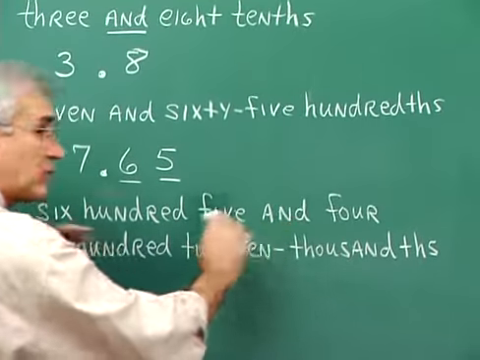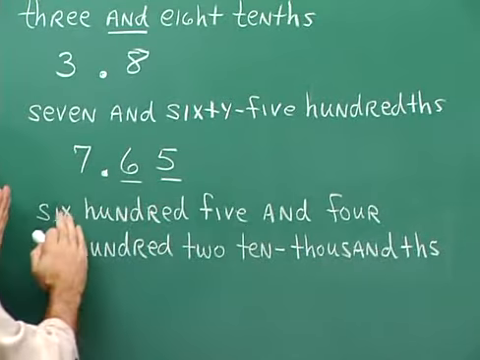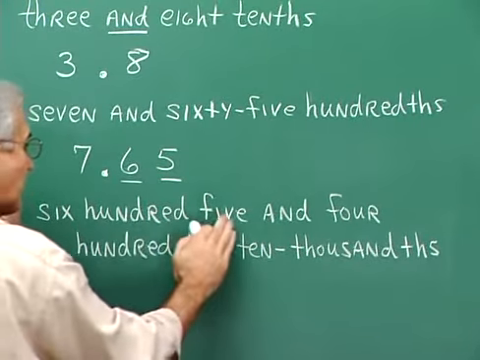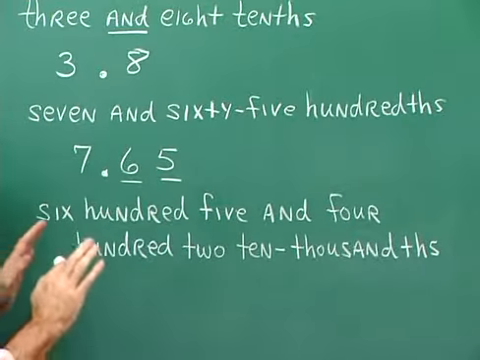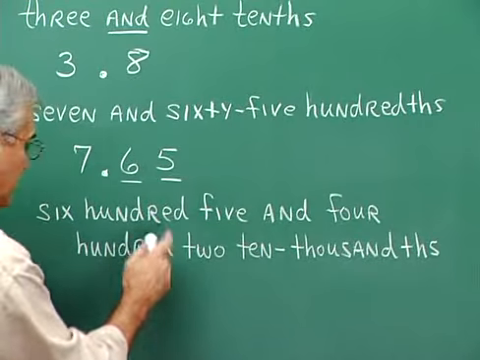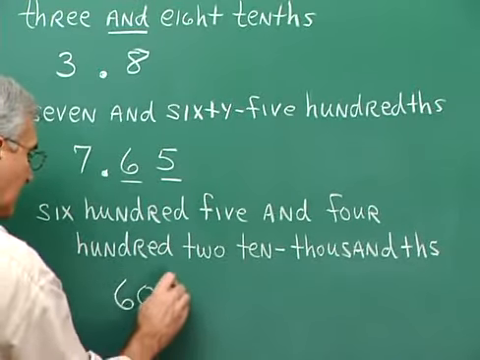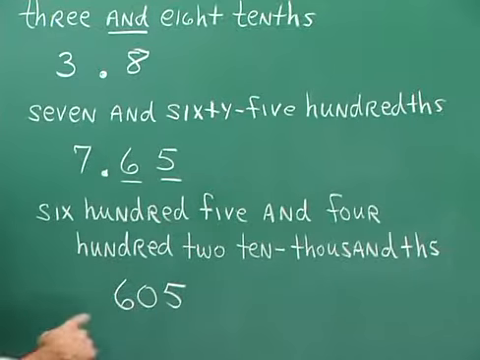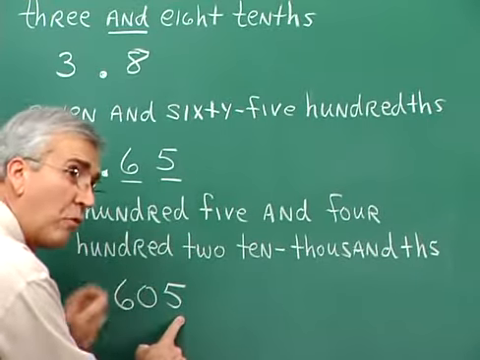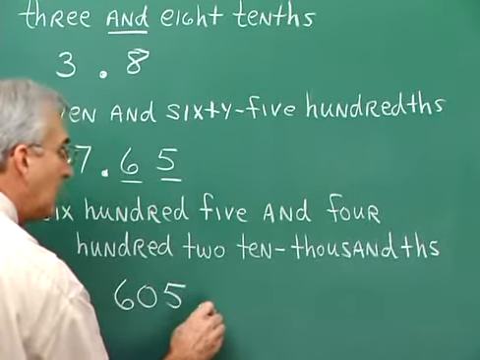605 and, stop right there. 605, that's the whole numbered part, so we want to write the number 605. Now remember, in writing whole numbers, we went through a discussion of this before. 6 is in the hundreds position, you see, so it's 605, 6 in the hundreds position, and then 5 ones. So we have 605 and, decimal,